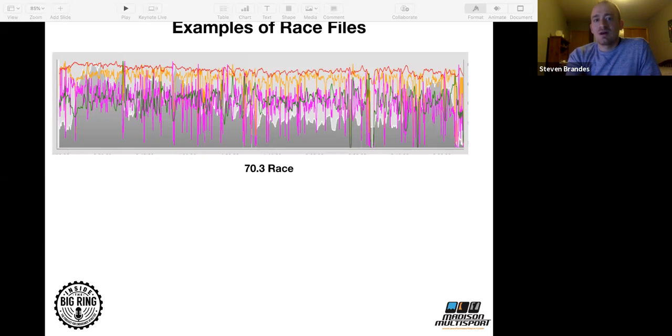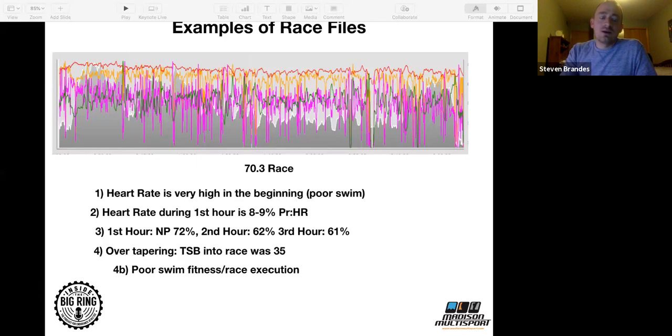So when I see this file and I see the way the heart rate moves, I'm thinking this person was suffering. This person did not ride very well. All the soft pedaling, it's like they were soft pedaling every chance they could for a variety of reasons. Look at the heart rate. Super high in the beginning, moves down as you go. Not the way you want it to go.